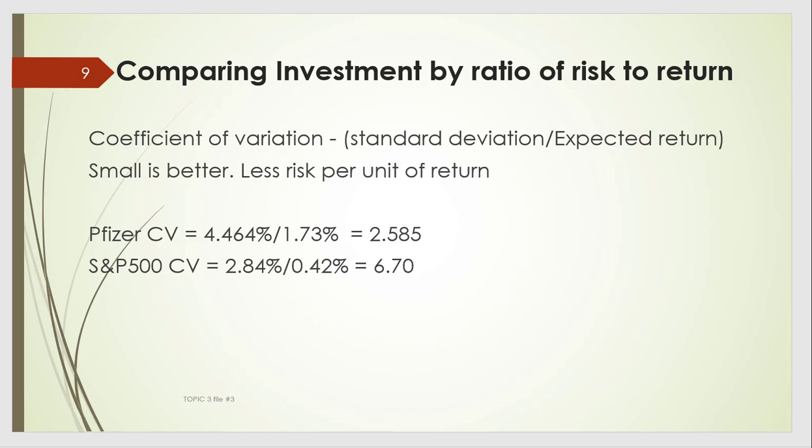So Pfizer is giving you a higher return with much less risk than that of the average stock in the stock market. With that, we will end. When you pick up with the next file, file 4, we'll be doing the covariance, correlation, and beta for Pfizer. So that ends this